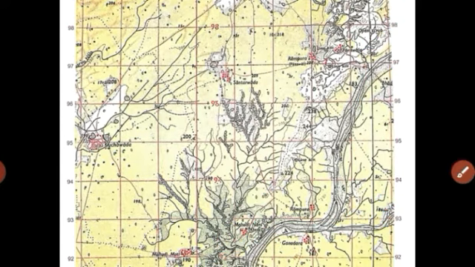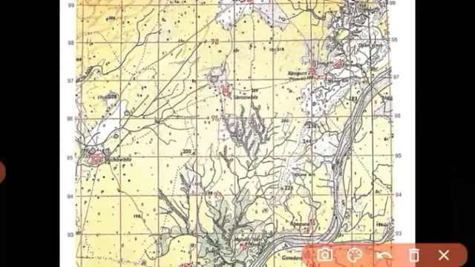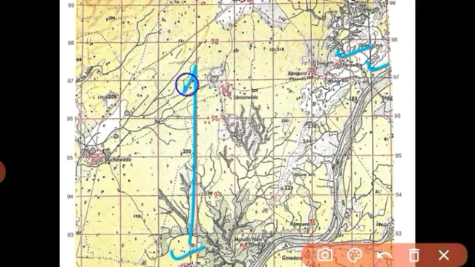In the same way, the limekiln found at 8397 to Mahudi Mati at 7992. The limekiln found at 8397 is here, and Mahudi Mati is found in this place. So what is the direction of the limekiln from this? This is north and this is east. You can say the direction will be northeast.